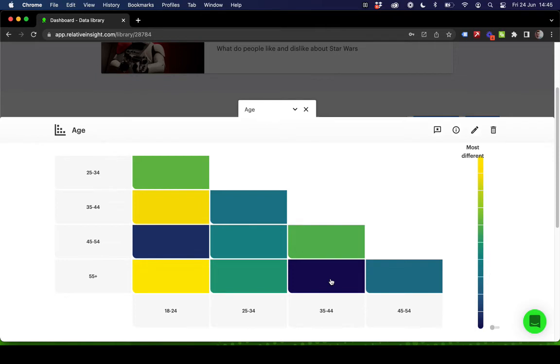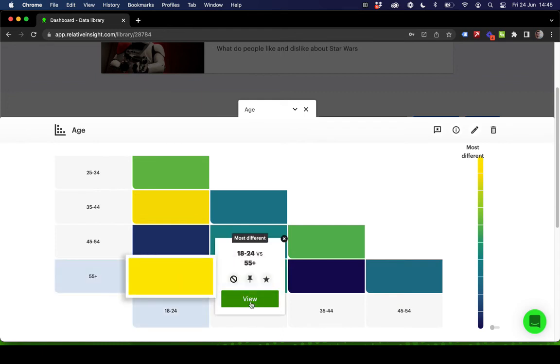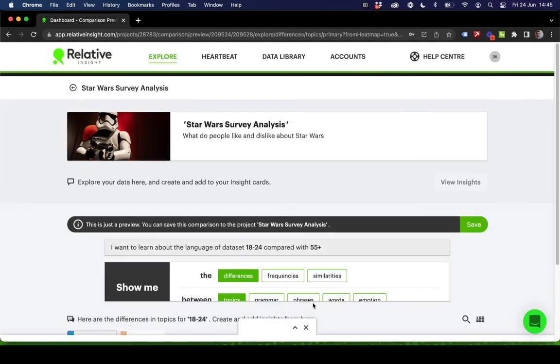And this is a really useful way for visualizing at a high level your target audiences or your competitors. And it's also a great tool for prioritizing where you focus additional efforts, right? In this instance, maybe you're not too concerned with the age groups that have a lot in common, but you are really interested in understanding the difference between your older, more mature consumers and your younger consumers. So what we can do is click in here and click view to actually be brought into that